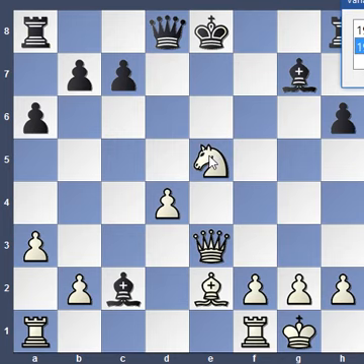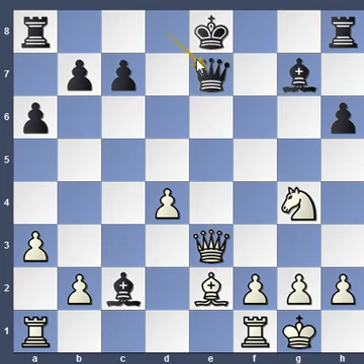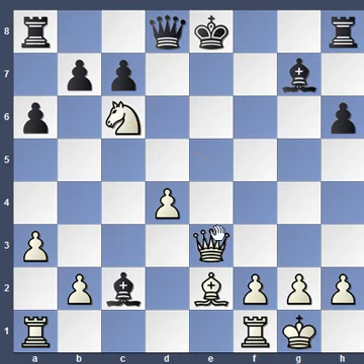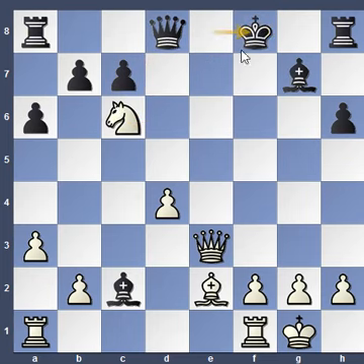So for example, if we move the knight to just any other square like G4, we can deliver a check, but it is of no use. He will simply defend it with queen D7 or queen E7. So we're going nowhere. Instead, if we move the knight to C6, we are giving a check through the queen, and also the knight is attacking black's queen. So this is called a discovered check. Here black is forced to move away the king, and we can simply capture the queen with our knight.